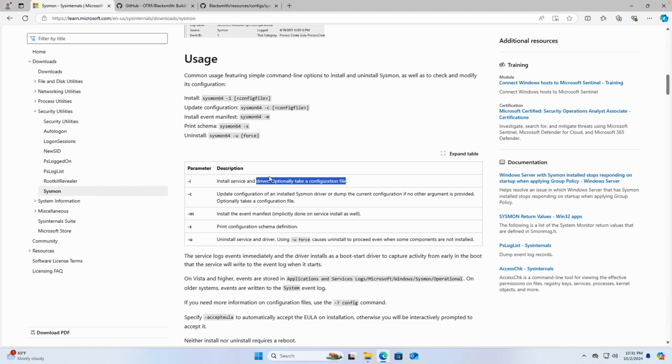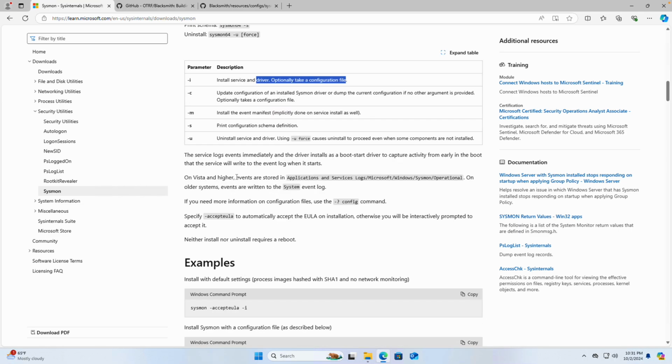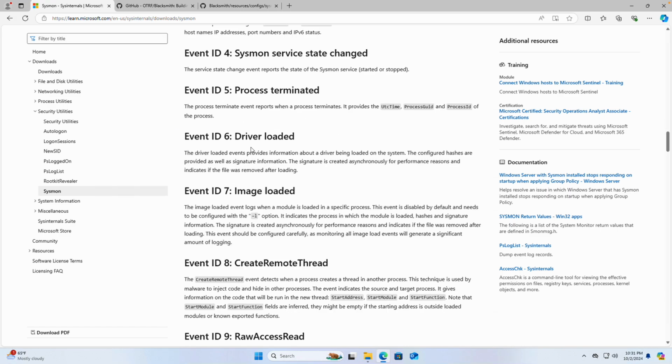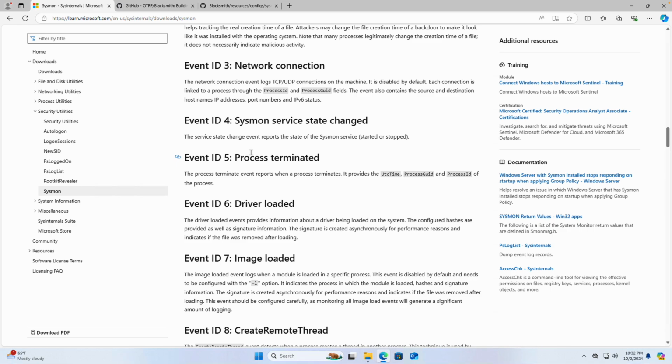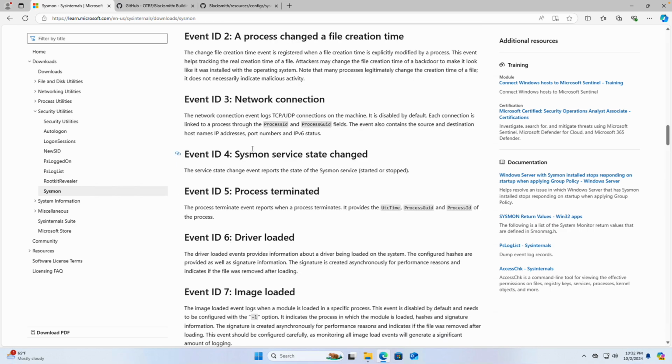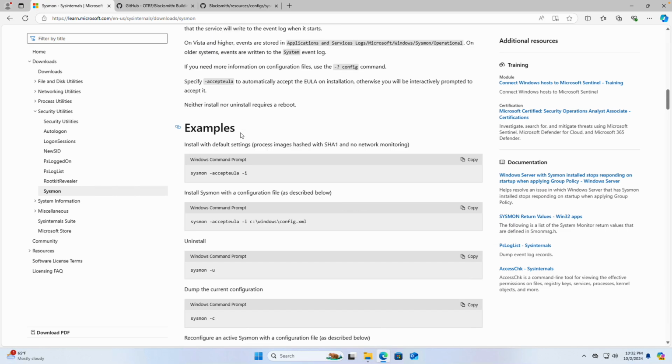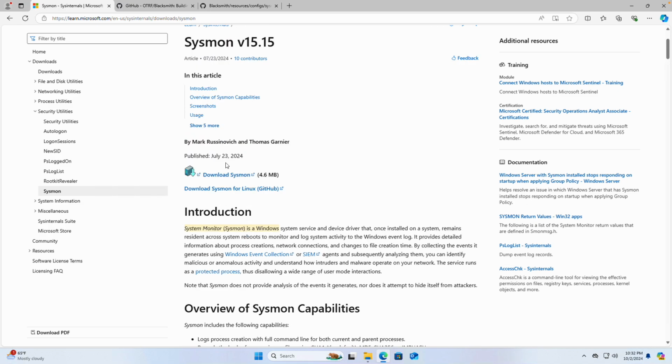When you use a configuration file, you have more flexibility in deciding what events to collect and what events to skip. If you keep scrolling down, you will have a description of all the different events that you can collect. This is a lot of valuable context when you are analyzing adversary behavior, or potential adversary behavior, in your environment. So what we are going to do is download the